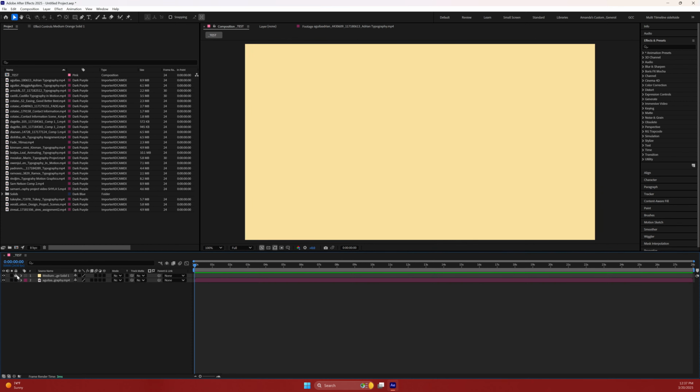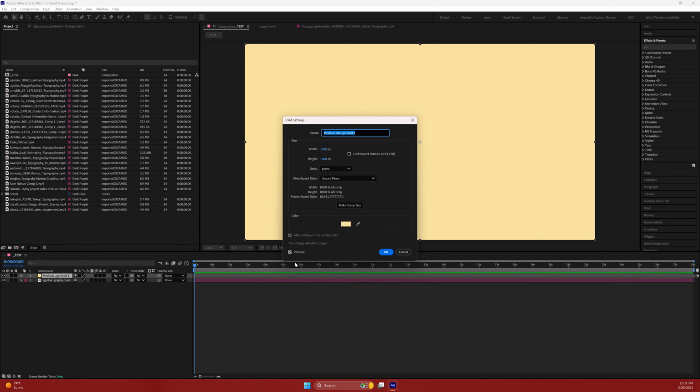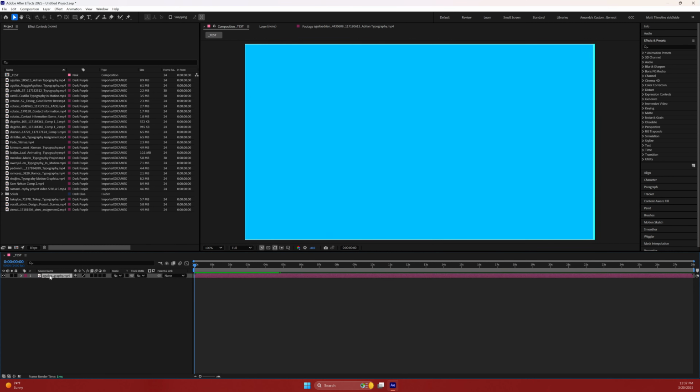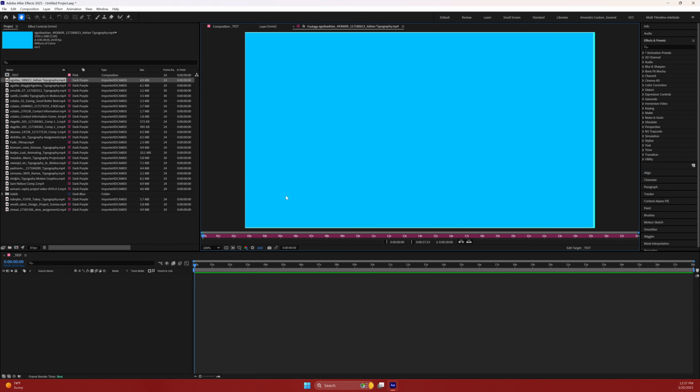If you want to change that, select the layer and hit Shift Control Y, or Shift Command Y, and it'll bring up the options to make any changes to the color or anything. So you definitely want to do that first. The next thing you want to do is, when I play this,